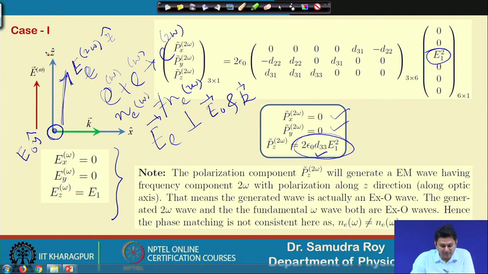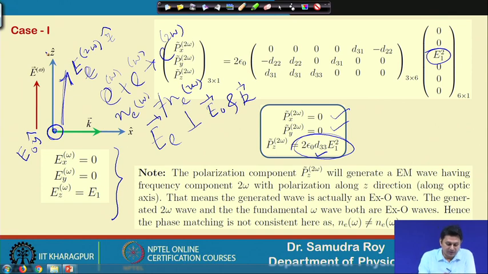So that is a very important example, even though it looks quite trivial from the beginning. We should understand that if a term is non-zero, that does not mean it will generate second harmonic every time. There are a few conditions that should be followed, and only when they are followed strictly is second harmonic generation possible under this birefringence phase matching. So second harmonic generation is a very critical phenomenon, you have to be very careful in generating the waves and second harmonics, you should know the physics behind it, and you should keep that in mind every time.